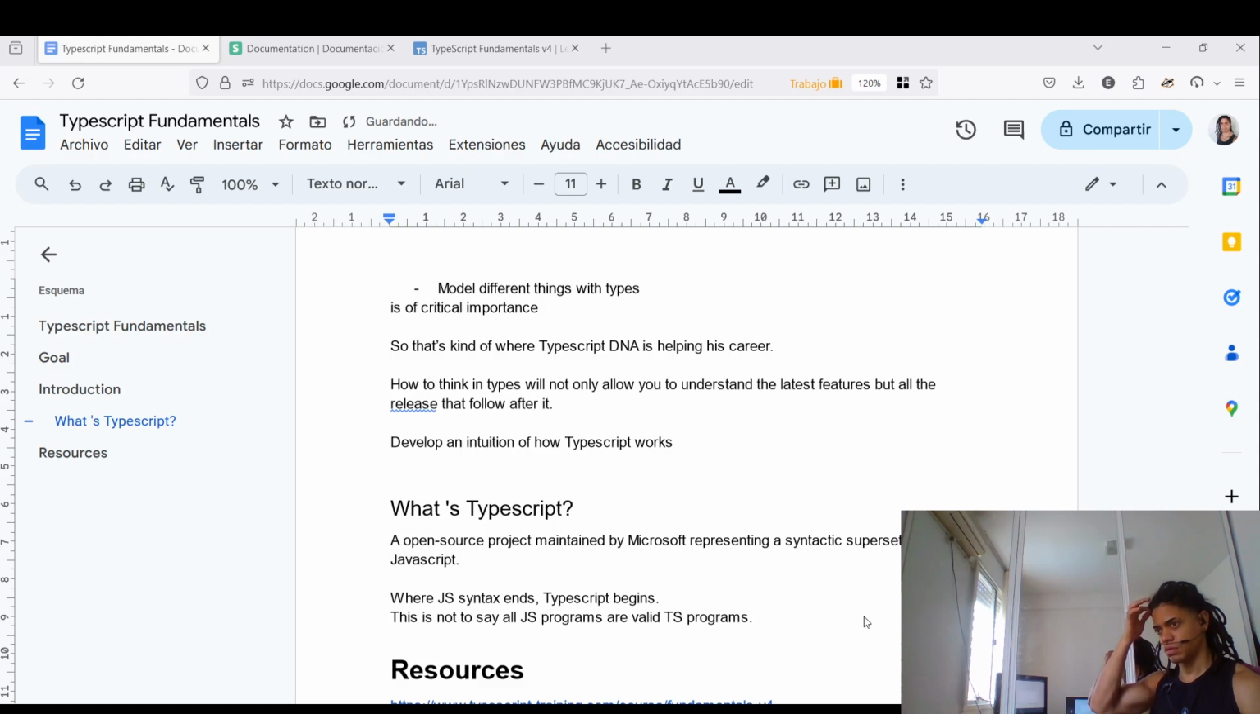There are three parts to TypeScript. There's the language itself. TypeScript represents a syntactic superset of JavaScript, so you can think of this as when JavaScript syntax ends, TypeScript begins. So if you say all JavaScript programs are valid TypeScript, it's not a guarantee of that. Why is that not a guarantee? Because